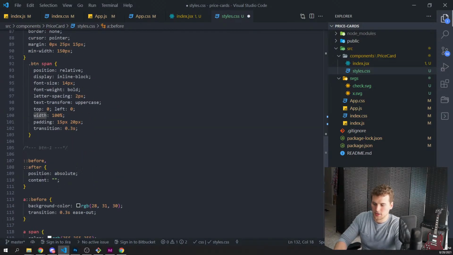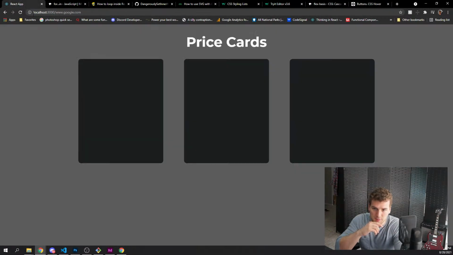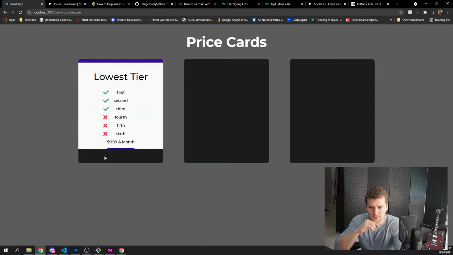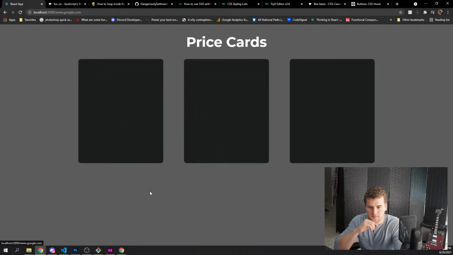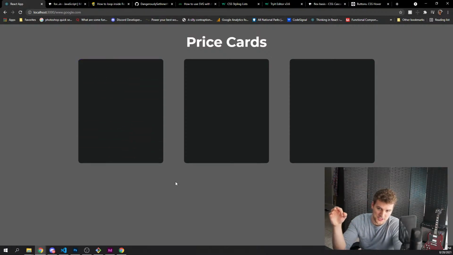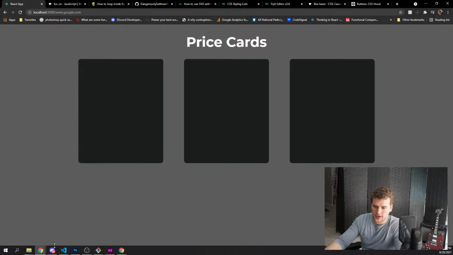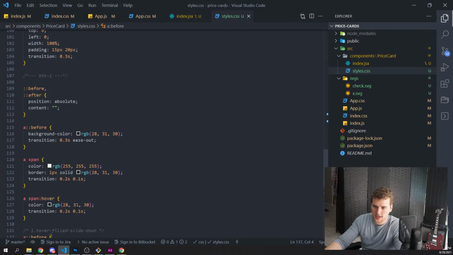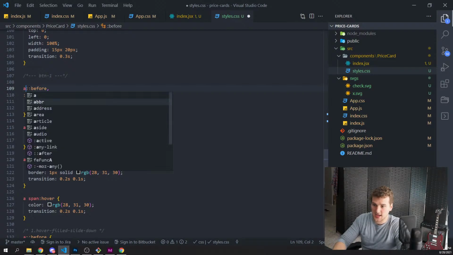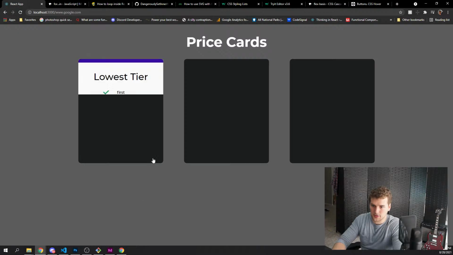And then if we save and go here, we'll see how good our copy and paste went. See? Almost what we wanted. It's on our button. That's what. Okay, so when it's right here, it's doing that weird flashy animation because it's on our button. So why is this applying to the price card and not just the button? We need this to be on the A. Does that fix it? No, it does not.